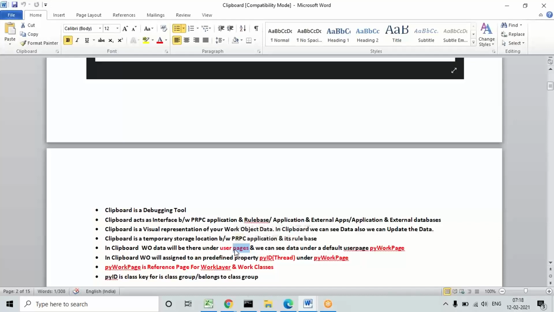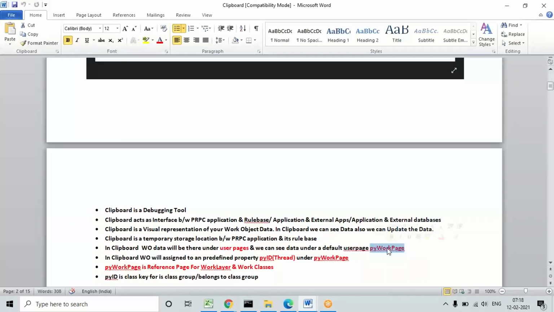For every page in Pega, we have to assign some reference class, or for every class we have to give some reference page. And by default in the Pega platform, for pyWorkPage, the default reference class will be your work layer. The other thing is, in the clipboard, under this page we will have all the properties. Like last time we saw pyID. This is called a single page property. More about single page property, on Monday we are going to work. I'll give some more information regarding that, because this will hold all the properties and their values. So we can call it a page property.